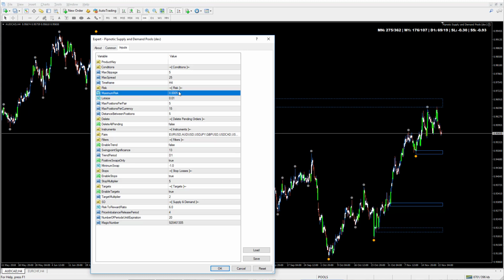Okay, we have risk. Currently we have tiny risk. Let's just focus on this. If this was 1, that would mean 100% of the account. So we're working in decimals here. 0.1 is 10% of the account. 0.01 is 1% of the account, and 0.001 is 0.1% of the account. The default setting will be